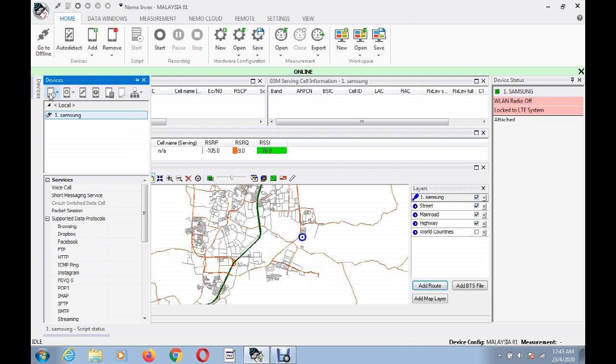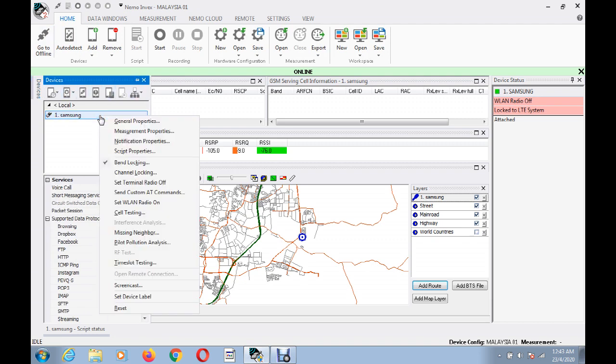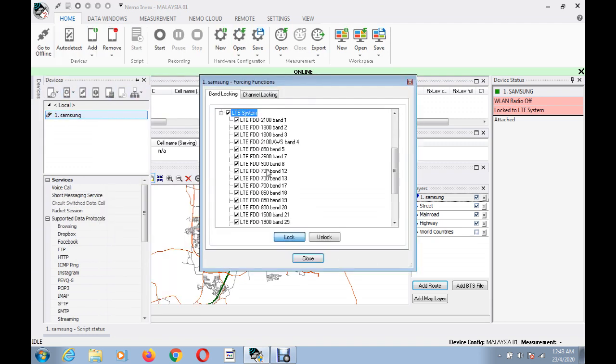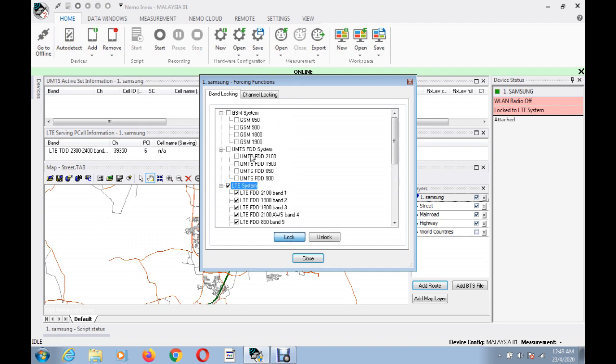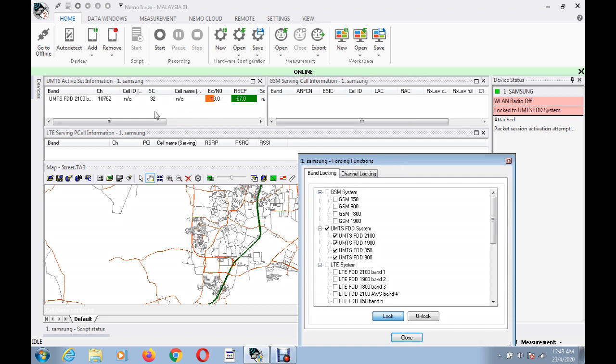So I log on 3G first. Just go to the same place, band lock, mark 3G and unmark 4G, then click on lock. Here you can see our device is logged on 3G and the 3G parameters are showing all information.